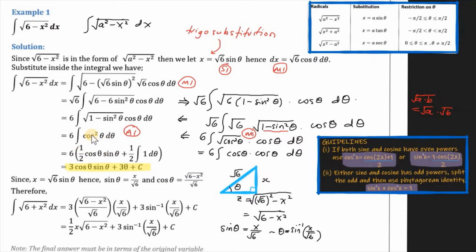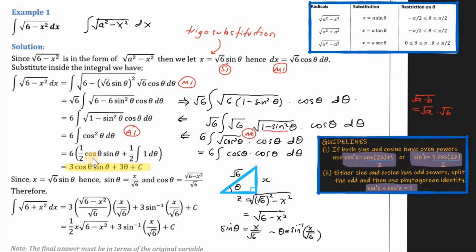And then after that, here we are to integrate cosine power even number. So this is the guideline that we have had earlier under the previous chapter. Whenever you see the sine and cosine has even power, consider to use this formula of a double angle. So we change cosine square into cosine 2x plus 1 over 2. So half,